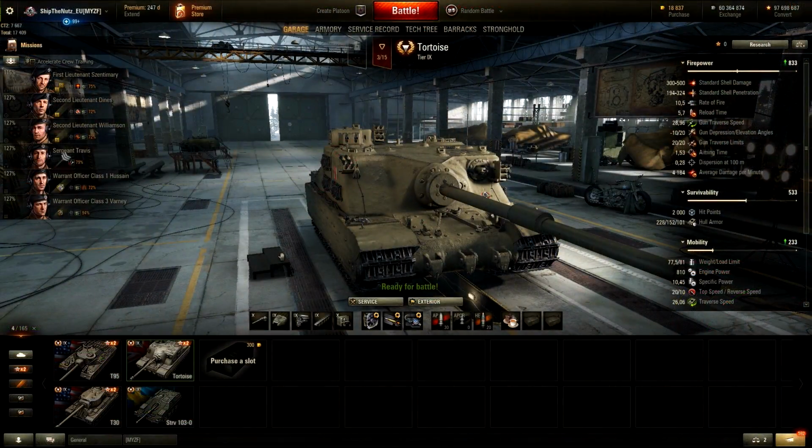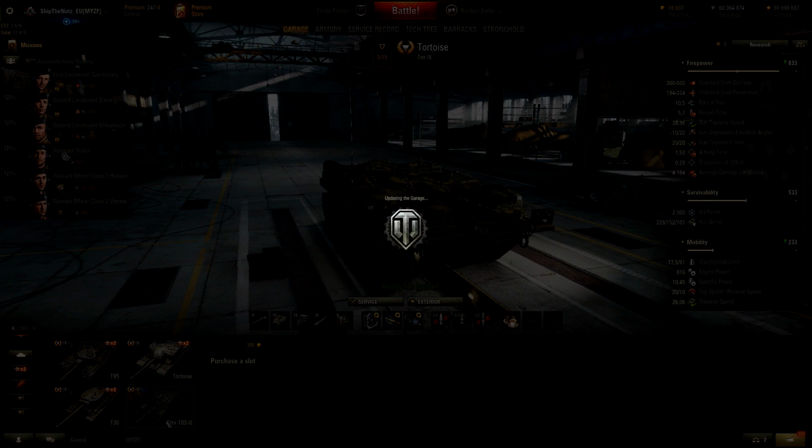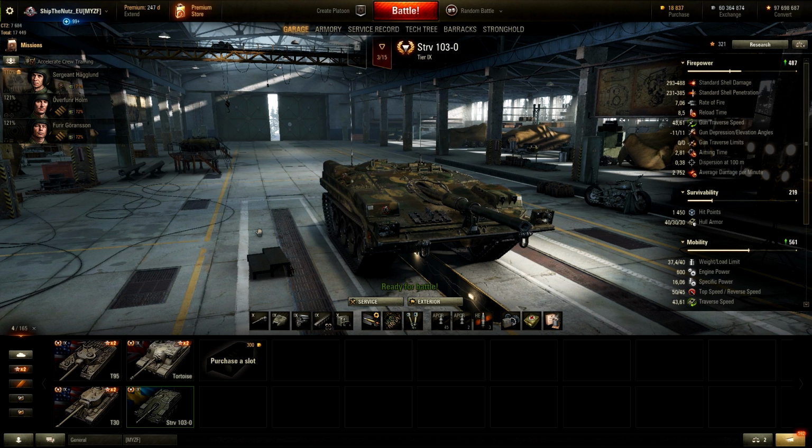But guys, do you remember that we have actually another tier 9 deity that has epic DPM? And yes, this is Tortoise. Tortoise's DPM without brothers in arms, with food, ventilation and tank gun rammer is going to be 4184. So more than 400 extra DPM than you're going to get on Strv 1030. And 1030 gets the DPM only when it is in the siege mode. Standard DPM is going to be